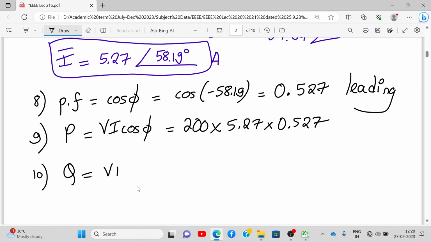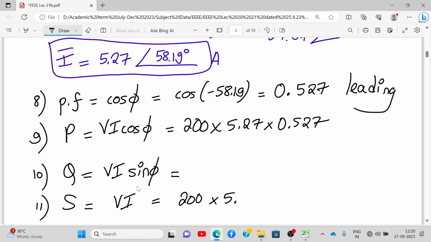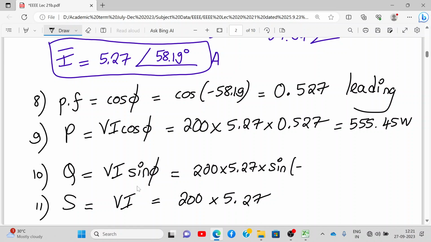Q will similarly be VI sin phi. And apparent power will be V into I. So please tell me the multiplication of these three. Watts. Okay. Q value: 200 into 5.27 into sine of minus 58.19. Minus